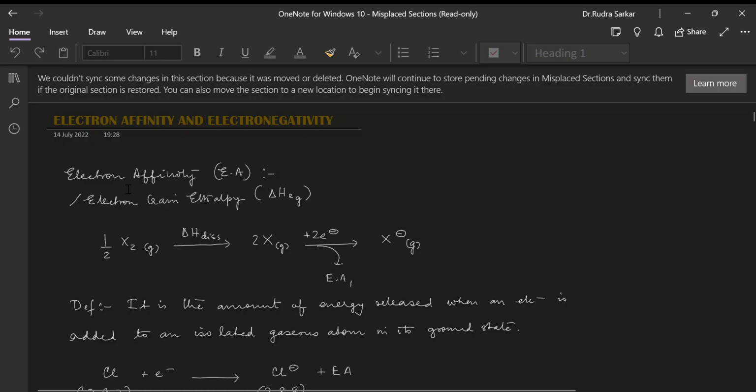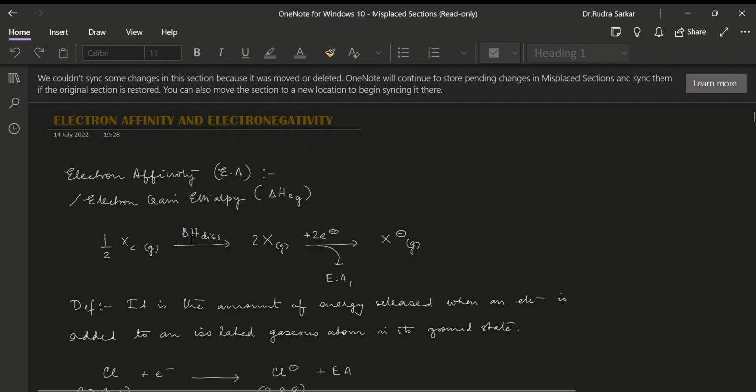Whenever we are talking about electron affinity, that means a single gaseous atom, an isolated gaseous atom, will be accepting an electron. So what is happening with a molecule? We need the isolated atom. So if it is a halogen molecule, which means F2, Cl2, Br2,